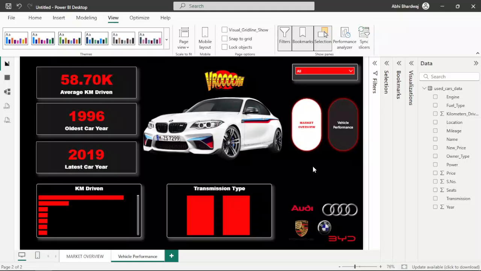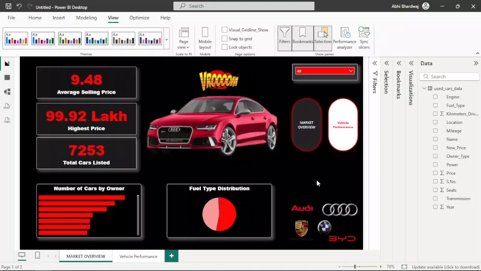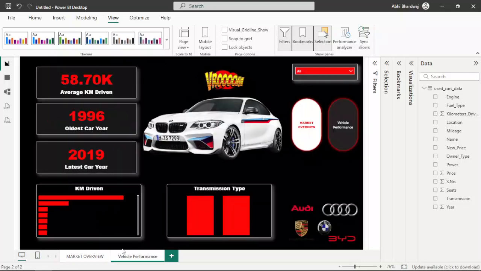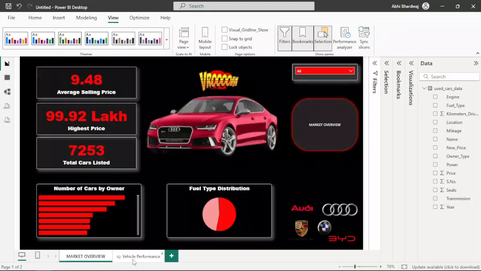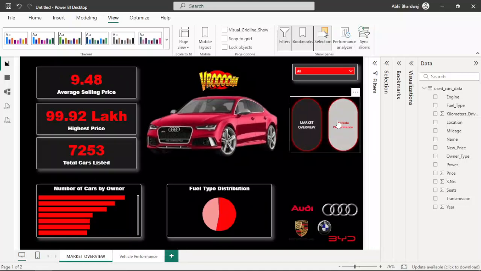When I click on Control plus market overview, I'm going to go to the previous slide like this. And whenever I click on Control plus vehicle performance, I'm going to go to the second slide like this. And I'm going to hide this one. Or we can unhide. See,